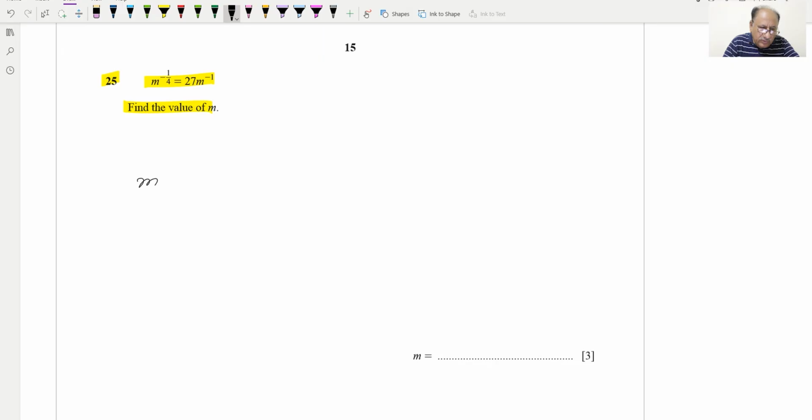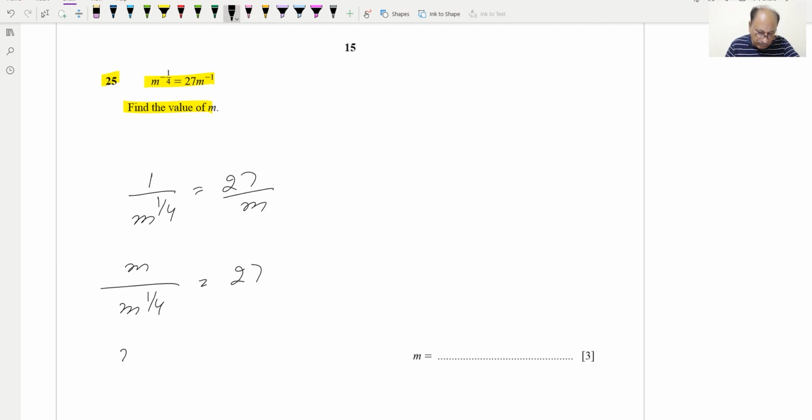So we can rewrite it as 1 over m raised to the power 1 by 4, and this will be equal to 27 over m, and further we can cross multiply, so it will be m over m raised to the power 1 by 4 is equal to 27,